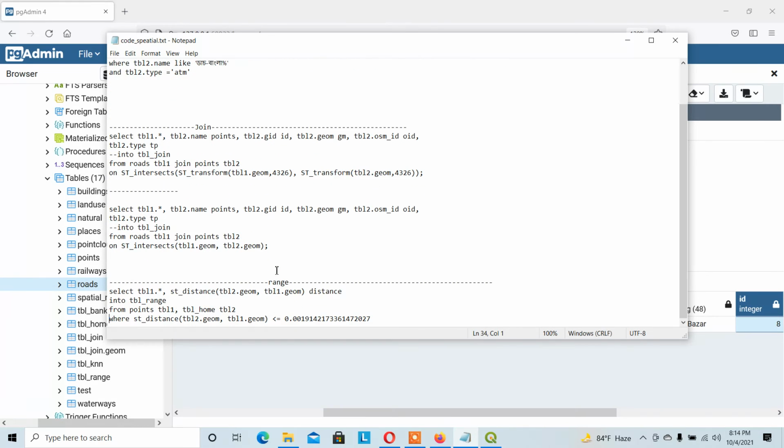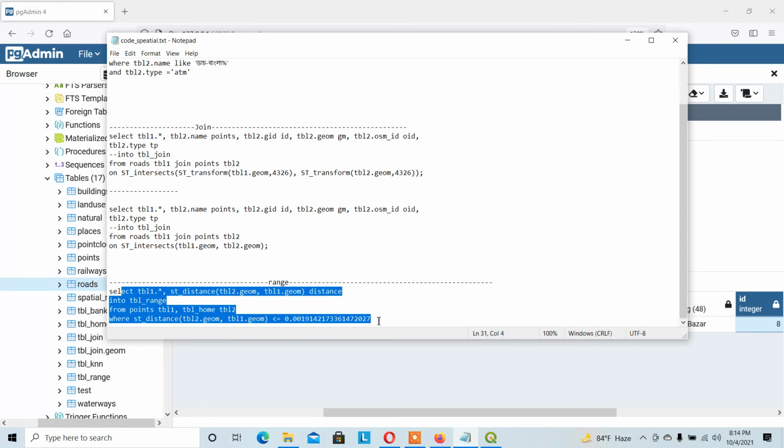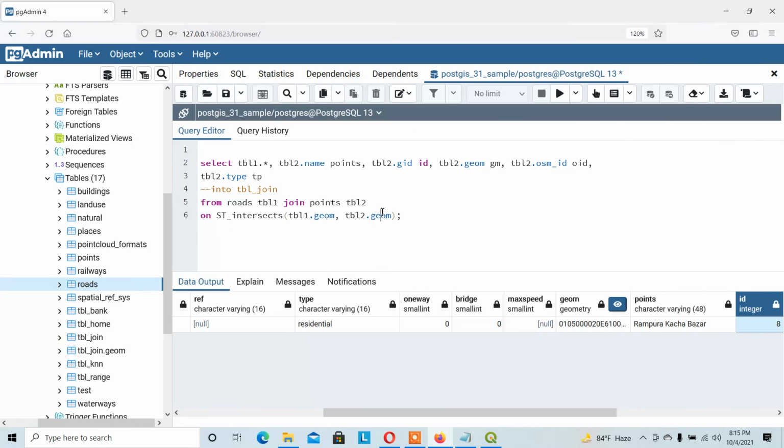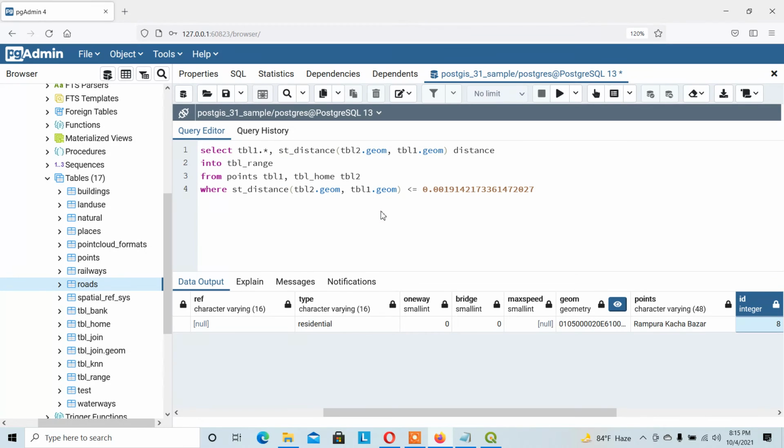Now I need to generate the range query. What is the range query? A range query finds some points in my selected range. For this reason, I use the TBL home table, because in the TBL home table I use a home building which is my central point, and from this central point I use this range. This range is constituted in meters. So I find some points within this distance,